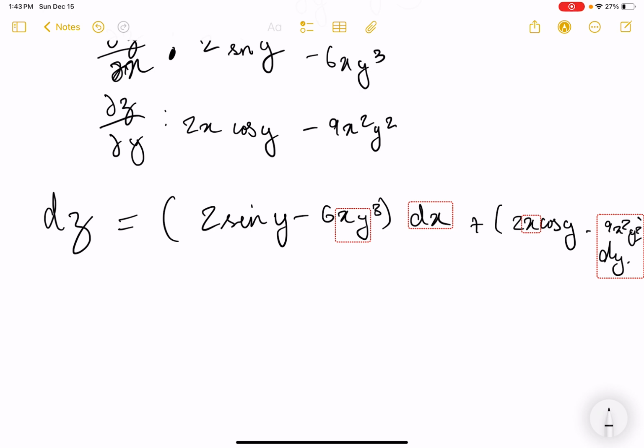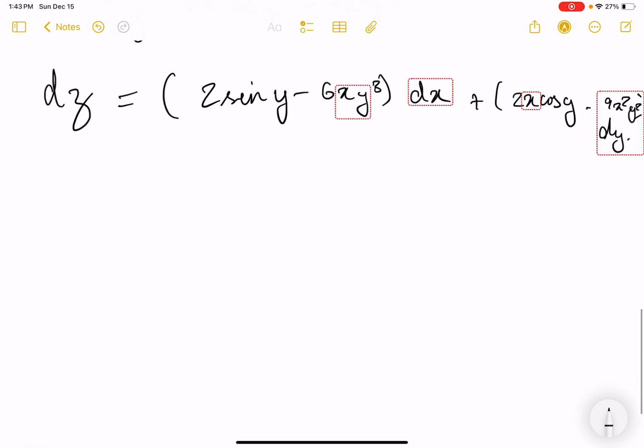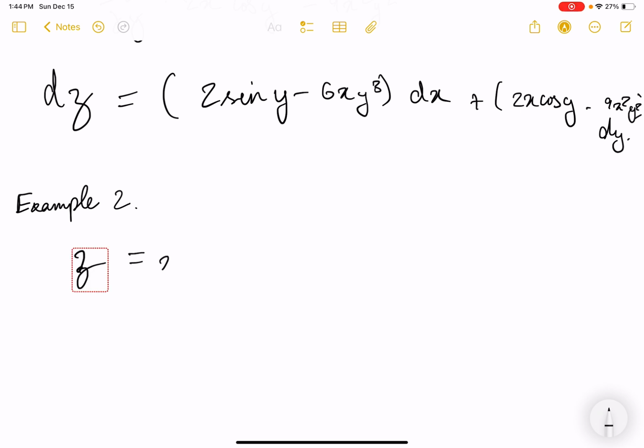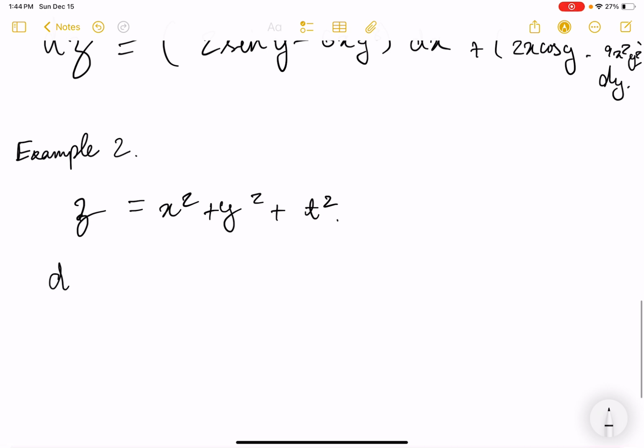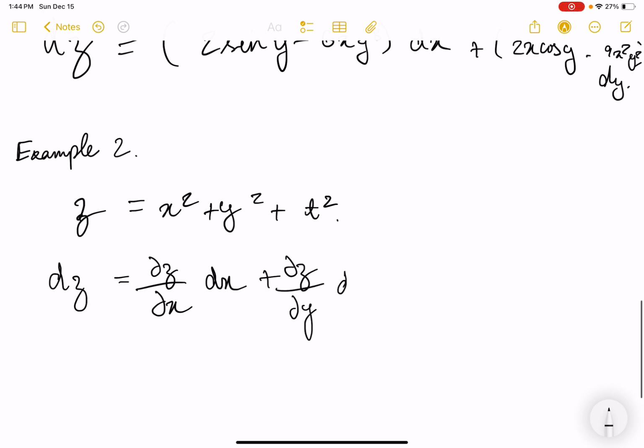Alright, let's look at the second example. Example 2. Let's say that z now is equal to x squared y plus y squared plus t squared. Let's write the formula for dz. In this case, dz would equal partial z over partial x dx plus partial z over partial y dy plus